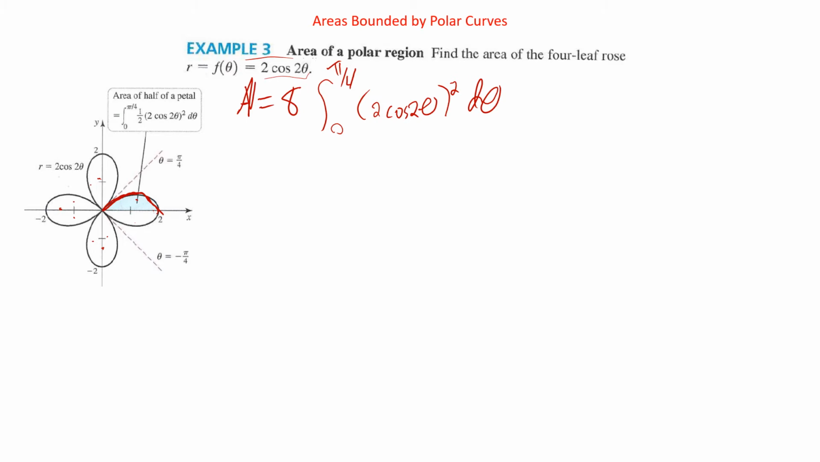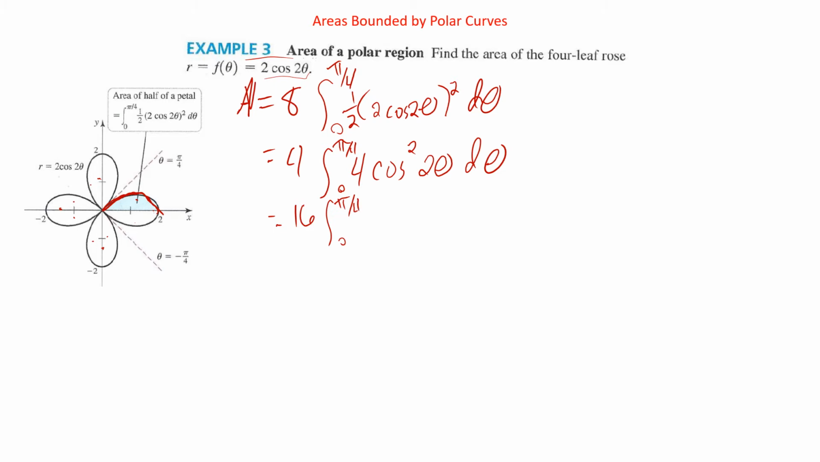And then we can factor out, I forgot the 1 half that I was going to bring out to the front. So that's 4 times the antiderivative from 0 to pi over 4 of, well, we have a 4 inside because 2 squared, then cosine squared of 2 theta d theta. So the 4 can actually get to the outside as well to give us 16 times 0 to pi over 4